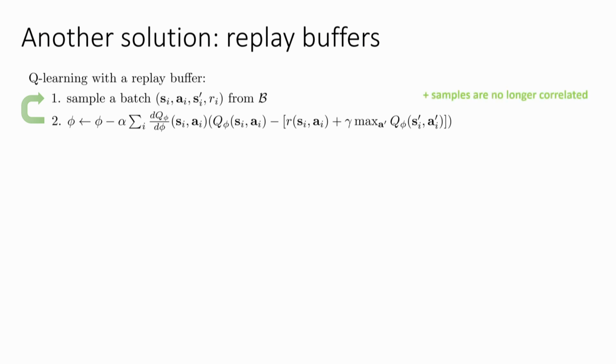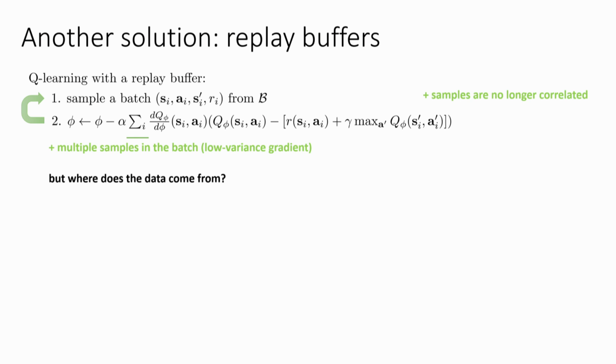So this will make it so that samples are no longer correlated. All I've really done now in the Q-learning algorithm is replace step 1 with sample a batch from your buffer B. So instead of actually interacting with the world and training on the latest data, you sample a little batch, and in particular that batch can be greater than 1 in size. So now you have more than one sample, and the samples are decorrelated because they come from some big buffer in the past rather than a sequential process. So you're summing over your little batch. That gives you a better, lower variance gradient, and the samples are not correlated.